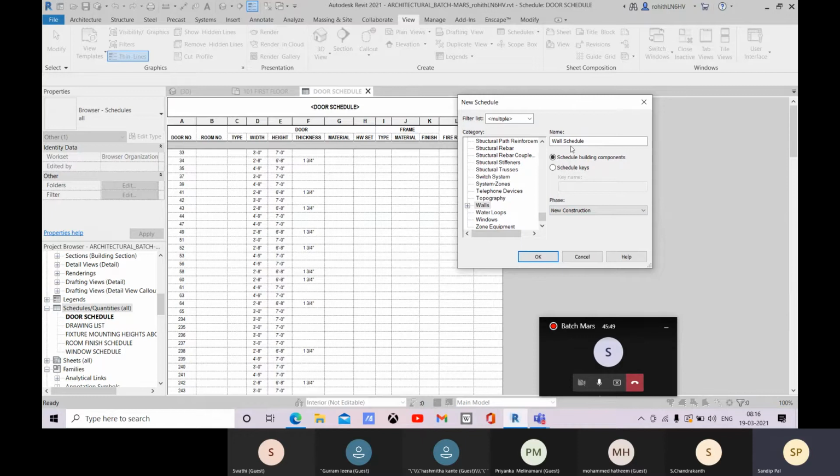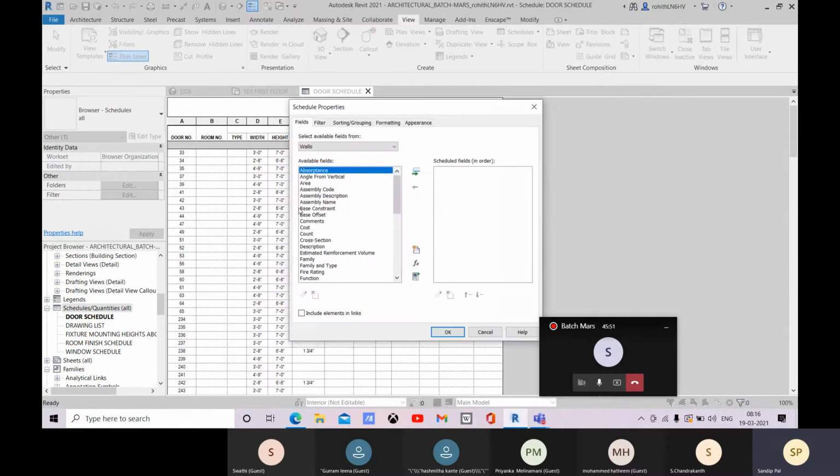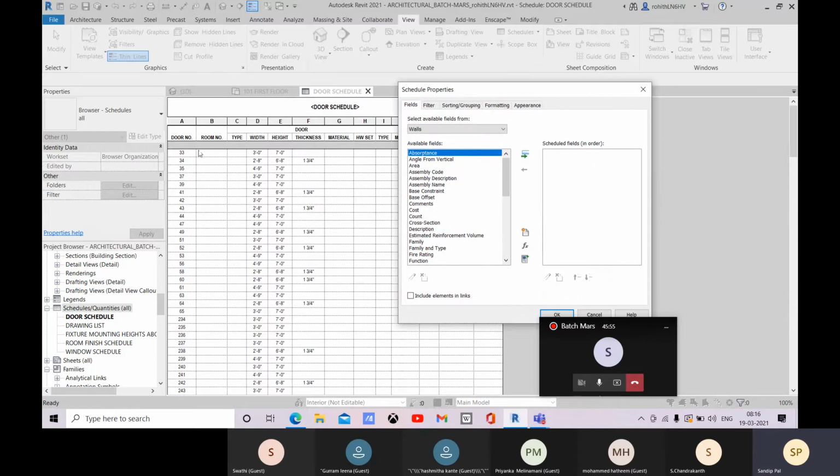Okay, so let's go for this wall schedule, and then we have to add these fields, like width and height. Let me add family and type, so that we will have the name of our wall.